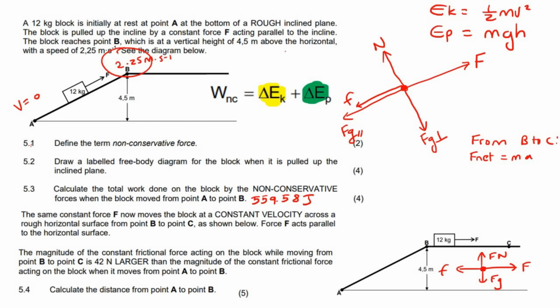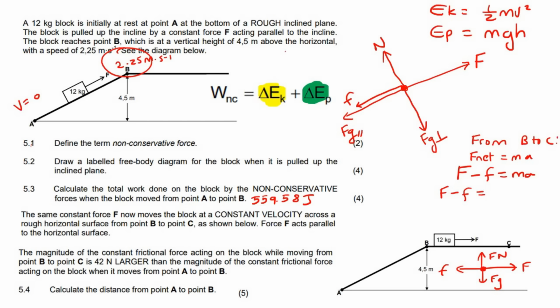There's no parallel component when you are on a flat surface, so I'm going to use these two in my F net equals MA. I'm going to say F applied, but we'll call it capital F like they have, minus small f for friction, equals